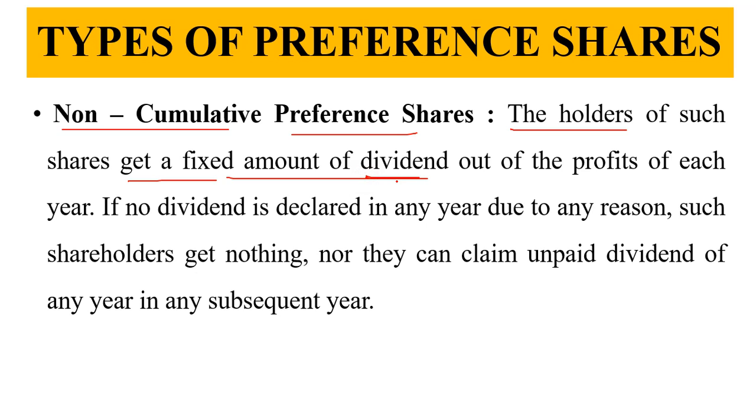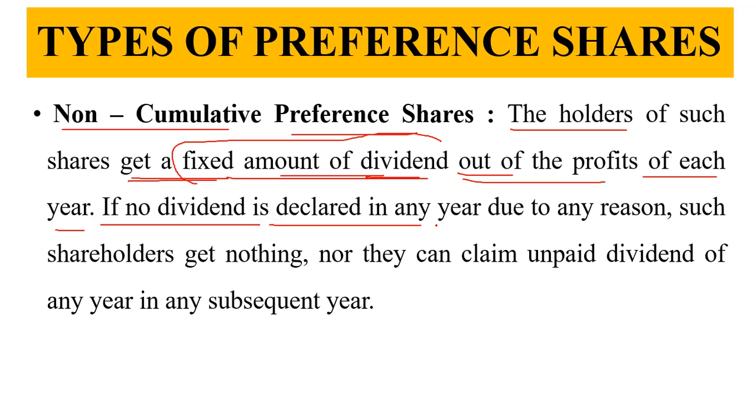Dividend is nothing but the profit which the company earns. So the non-cumulative preference shareholders get a fixed amount of dividend out of the profit of each year, and if no